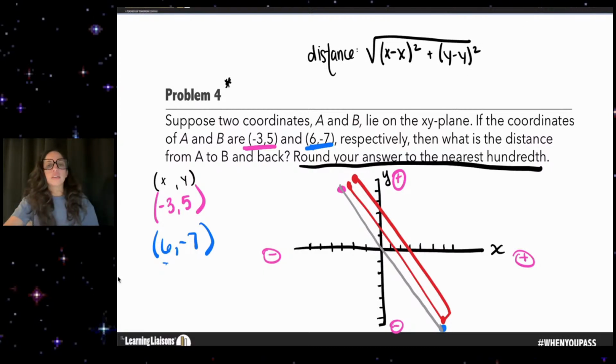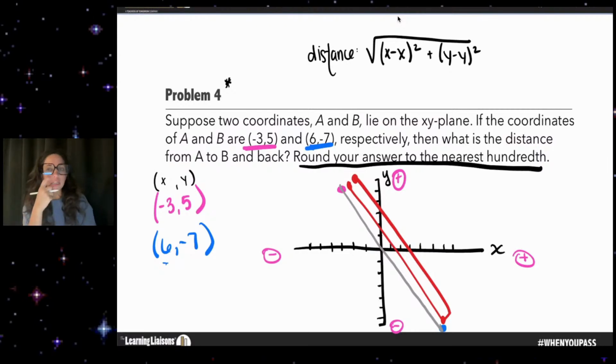Does it matter which x and which y you do first? No-ish. A lot of times you'll see the formula with all these extra subscripts, and it can make the formula confusing. It doesn't matter if you do x1 or x2 first, just as long as you follow the same y. So if you do x1 first, then you need to do the y that matches that x. If you do x2 first, then you need to do the y that's partnered with that x first.